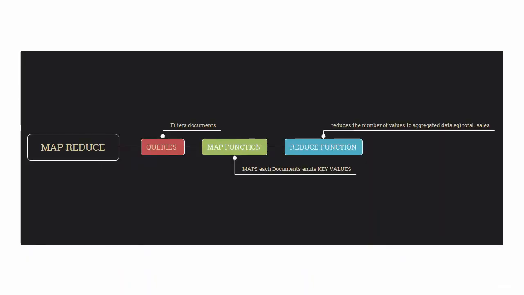MapReduce has 3 simple steps: query, map, and reduce. In the query stage, it will be selecting the related documents, which will be fed to a map stage, where the map will act on each document and it will emit key value pairs. For those keys which have multiple values, the reduce function is applied, which condenses the output to aggregated data. Generally, the aggregation pipeline gives you better performance when compared to MapReduce. But as I mentioned earlier, MapReduce gives you complete independence, so you can play with the data.